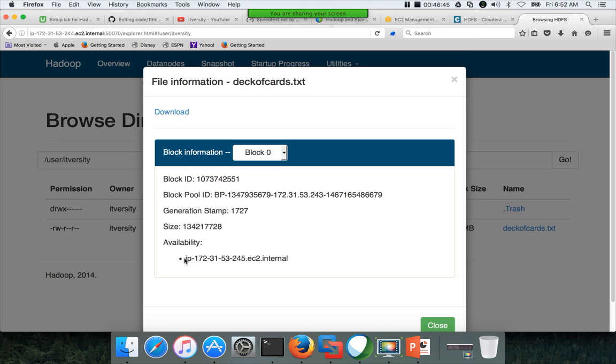So if the 245 node is down for any reason, what will happen? You will not be able to retrieve not only data related to these files, but all the other files I have in HDFS. There are other files also in HDFS which are being stored in 245.